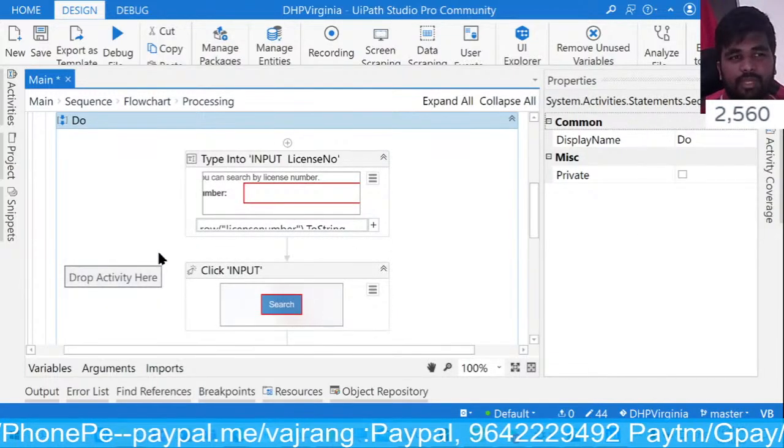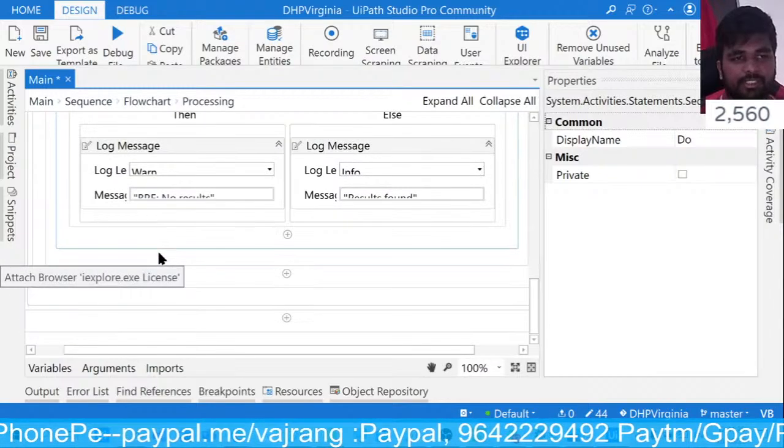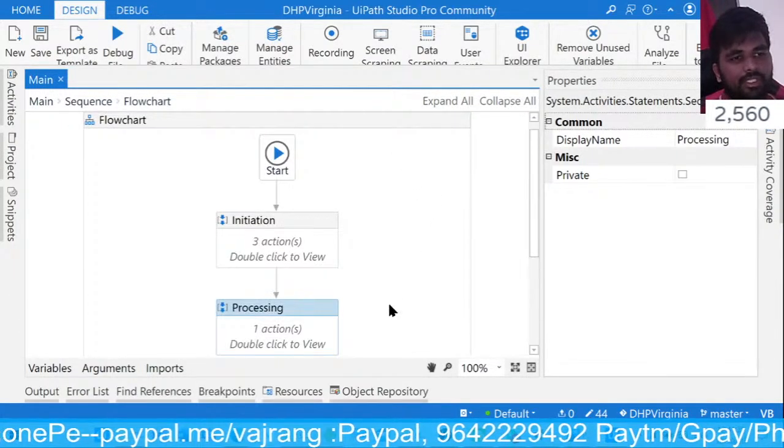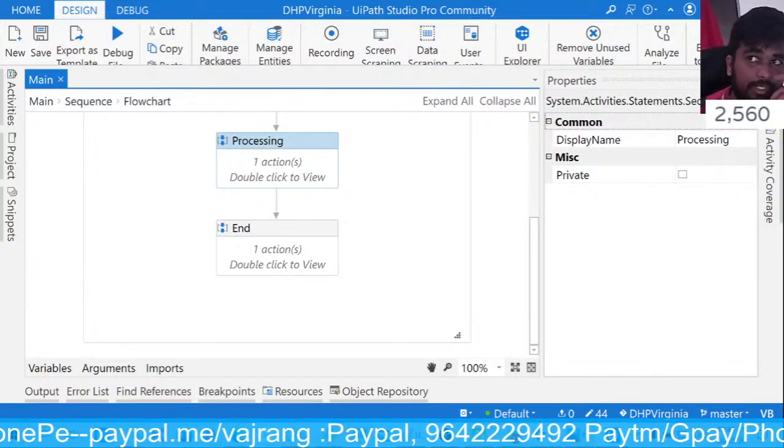And okay, we have the value, we got the values, and if it is success, it's successful. If it is failure, then it will be failure. So at the end we are going to close. So what we can,